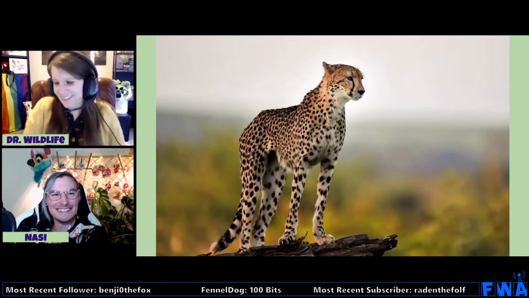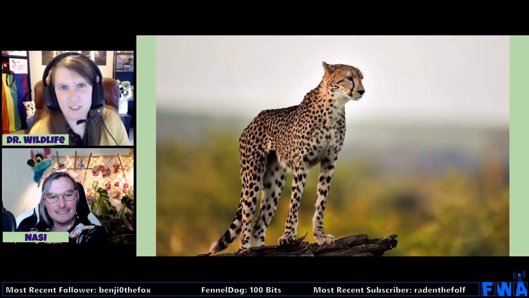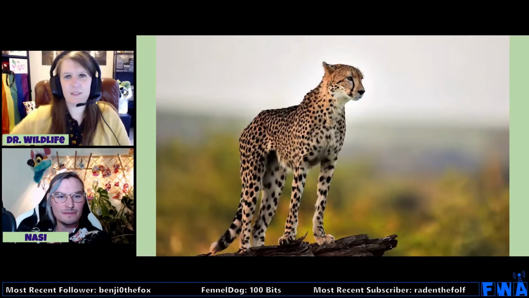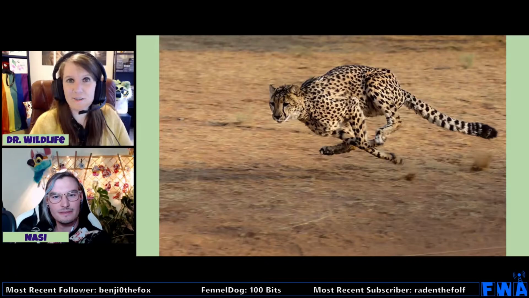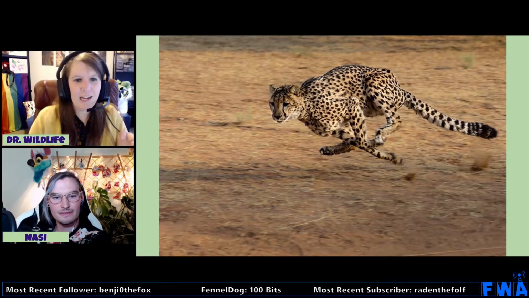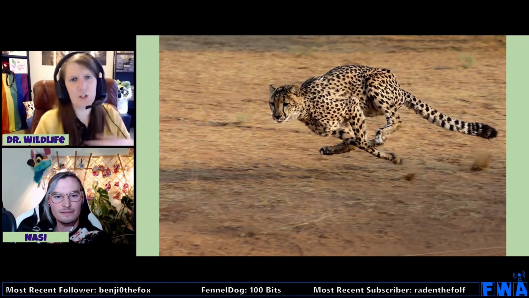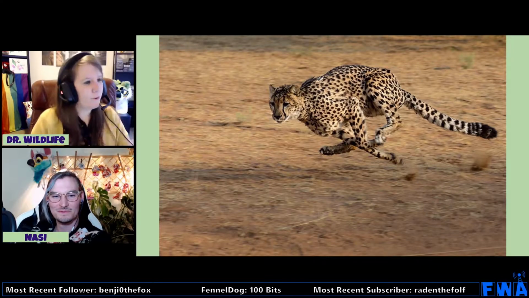So, I have cheetahs in here because a lot of my friends have cheetahs as sonas or characters, and so I have to rag on my friends from time to time. So I have the majestic cheetah, one of the fastest animals out there. They actually have basically cleats built into their feet to help with running and turning and chasing prey. Their claws don't retract like a stereotypical house cat. They stay out, and that's to help them always be prepared for running.